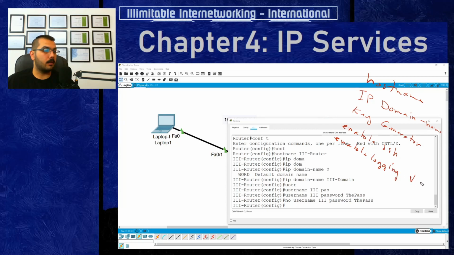on line VTY, all the lines of VTY. What are the lines of VTY? Lines of VTY actually are, I think I should have talked about them in chapter 1 in the fundamentals of Cisco IOS, but anyway, VTY lines